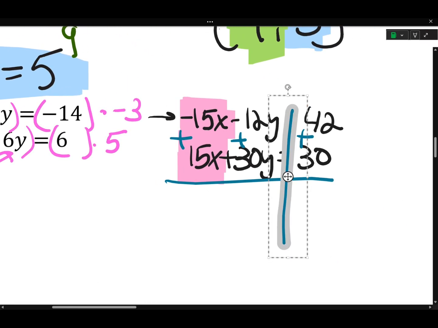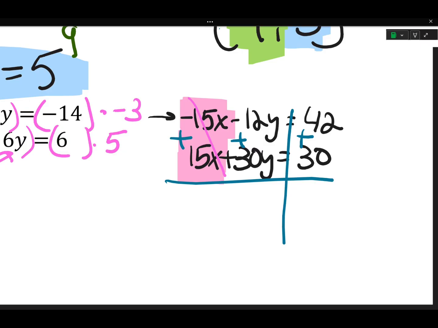Negative 15x plus 15x is 0. They cancel. Perfect. That's what we wanted to happen. The rest is the same as last week. Let's keep going. Negative 12 plus 30y is going to be, whoops, I'm just double checking my math today. 18y, positive 18y. It's a Sunday,